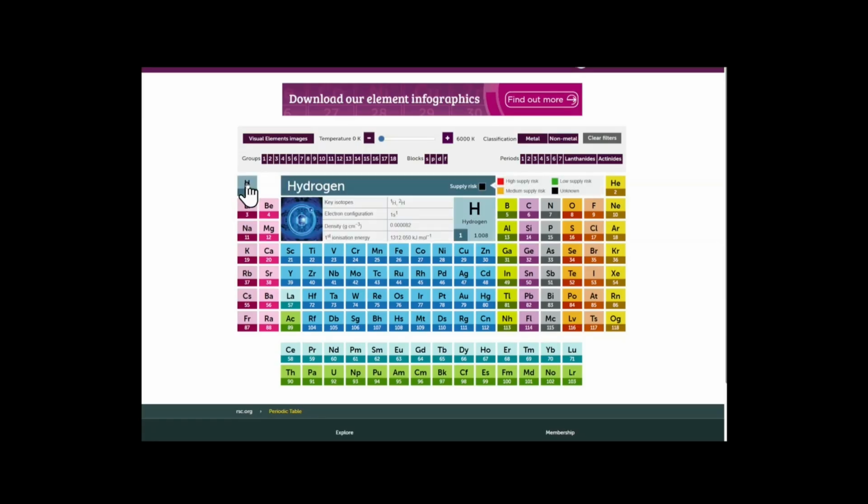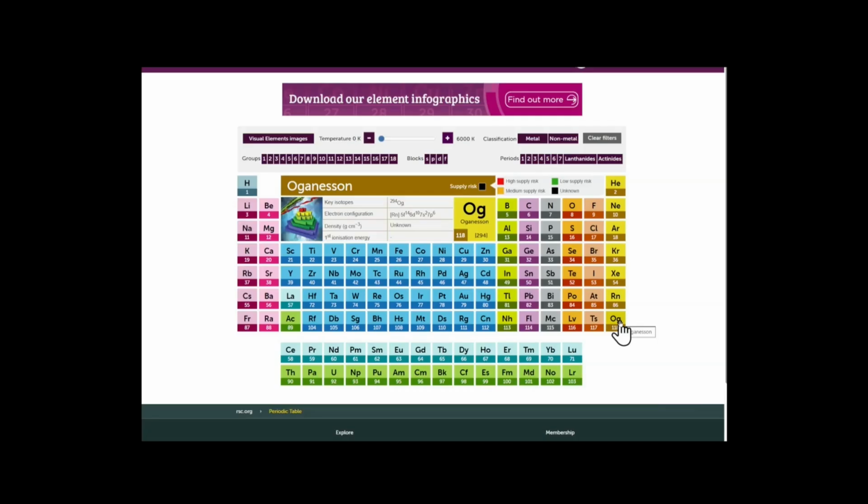It has 1 proton and however many neutrons. If we add another proton to that, we have helium. If we add another proton, we get lithium. Another one, we get beryllium, boron, carbon, nitrogen, oxygen, etc., all the way up here to